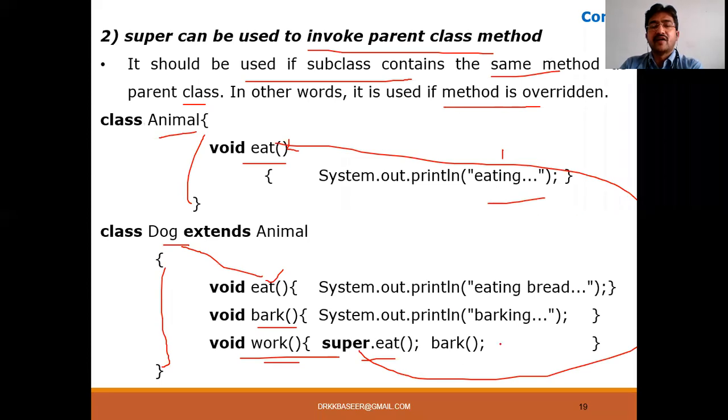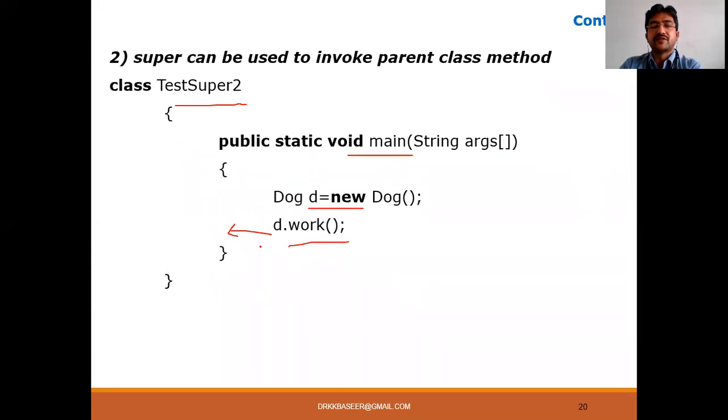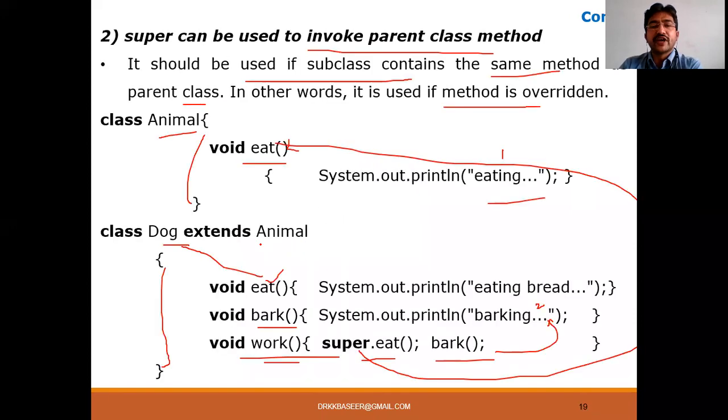Now again it comes back after the completion of that method. It will again go to bark. Bark means here. The second output is barking, and it never calls the eat. Again once it is completed, it will come back to here and the program ends. So how are we going to call the super class method? That is super.eat. If you're not using super here, which method will it call? It will call this method because it is local to the dog class.